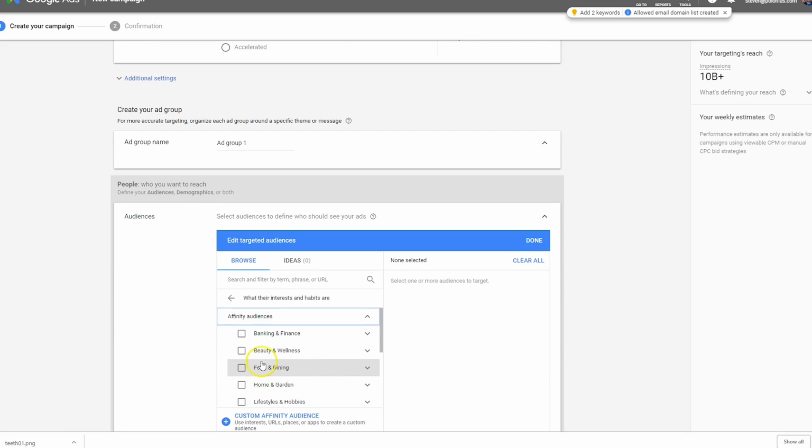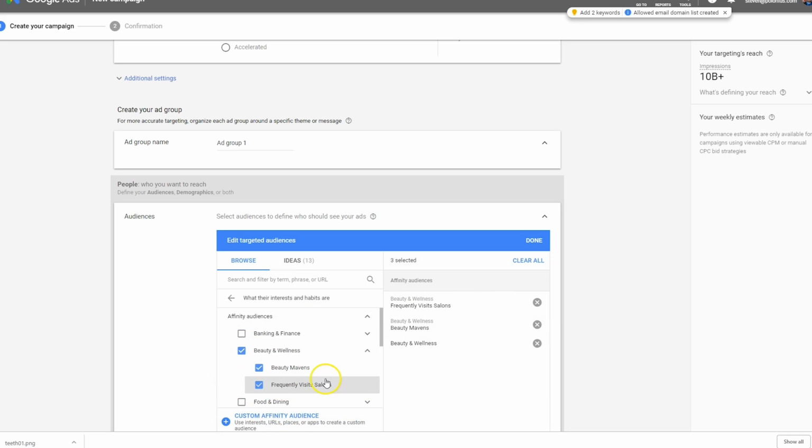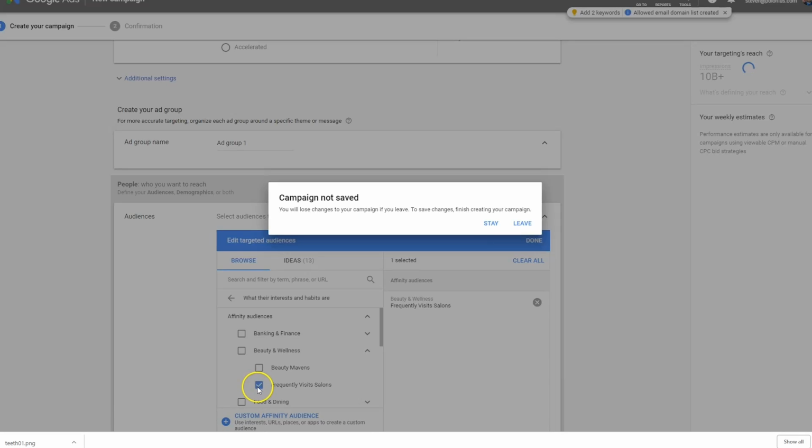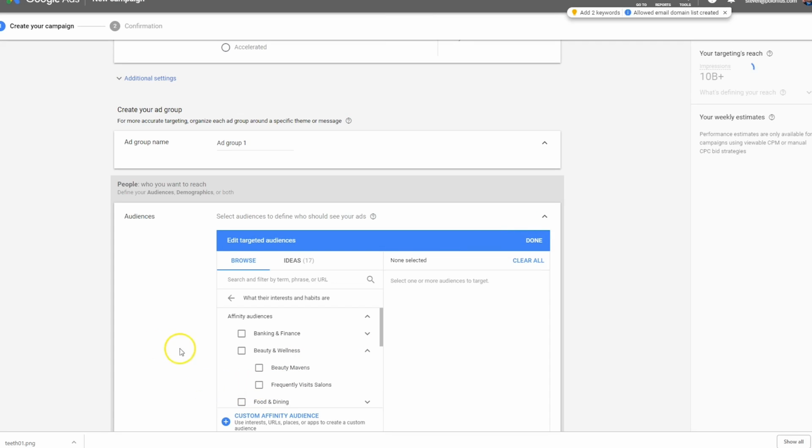And let's theorize that maybe people interested in beauty and wellness would be more likely to click on this ad. And we could always do another campaign later, or just choose one ad group within this campaign that focuses on that target and see if in fact we do get better results that way. But we could do this, okay, and that would basically narrow down the audience a little bit from super broad to less broad. For our purposes, we'll go ahead and keep it as it is without any specific audience